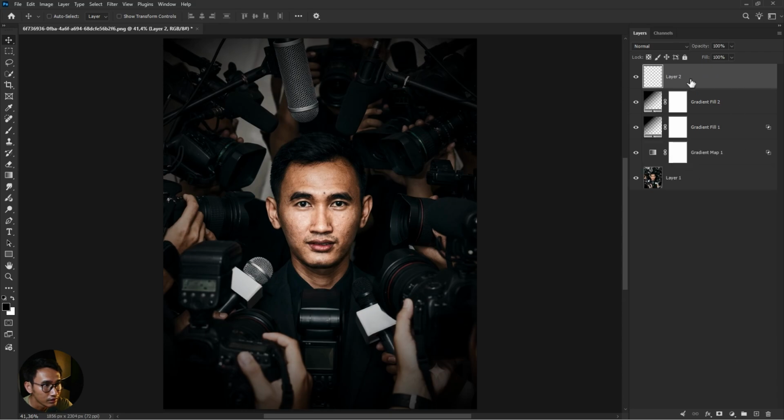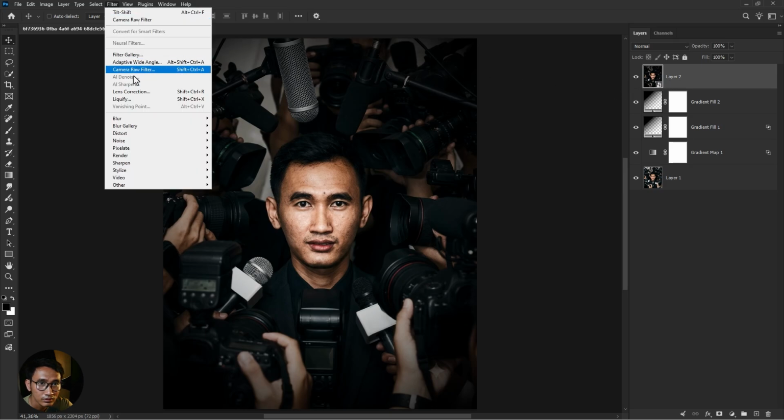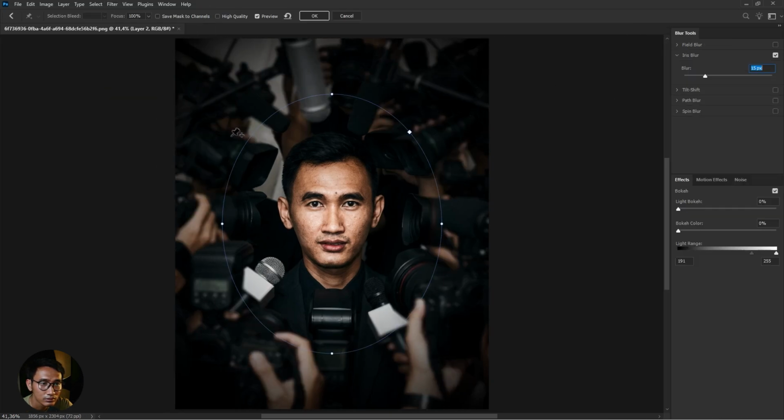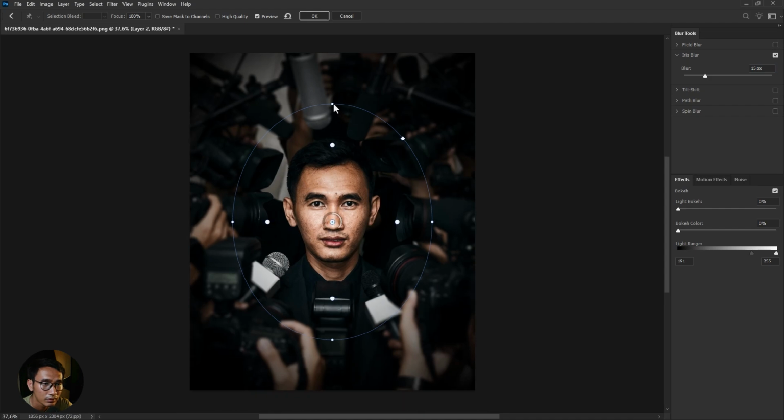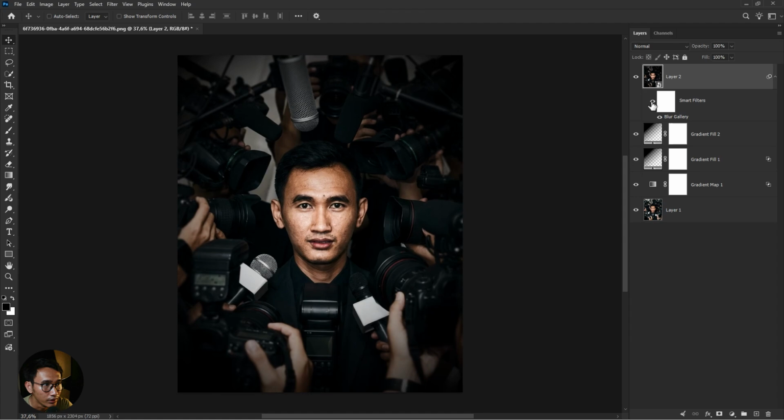Okay, new layer and convert to medical layer color. Before after, and okay, now